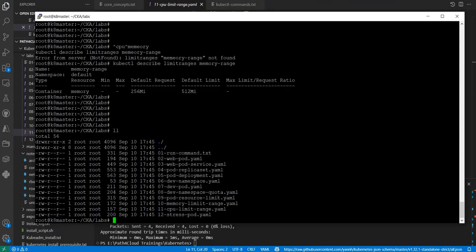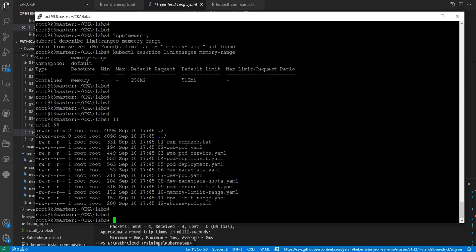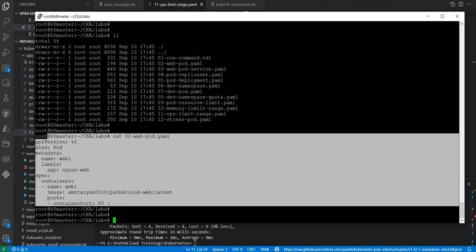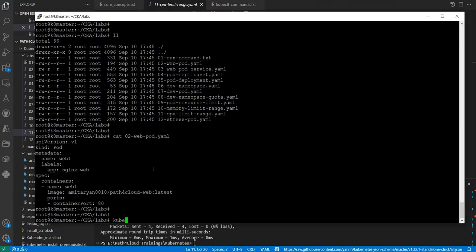Now what will happen is whenever you put any pod here, that pod will automatically get these values. Let me show you this file. Here you can see there is nothing defined for us. But if I quickly create a pod using this file,